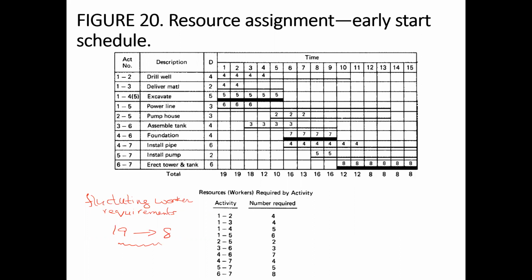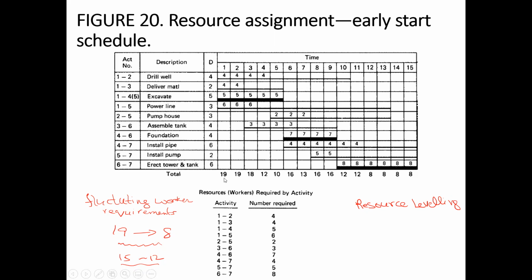So this process is called resource leveling. Okay, so in this resource leveling, this resource fluctuation is reduced. So for example, instead of 19 to 8, maybe we can reduce it to like 15 to 12, something like this. So that means throughout the project, we don't use more than 15 workers or less than 12 workers. So this type of reducing of the fluctuation, resource leveling, can be performed by considering that we are using